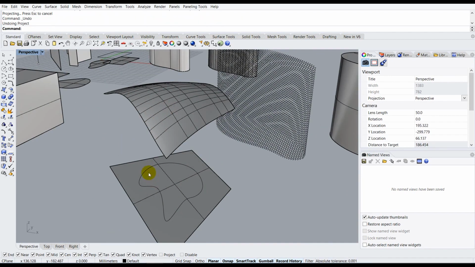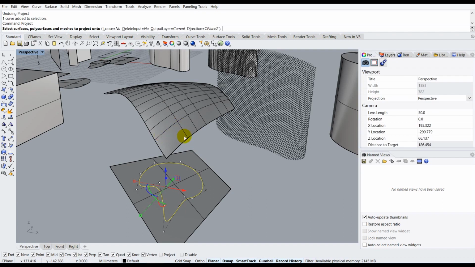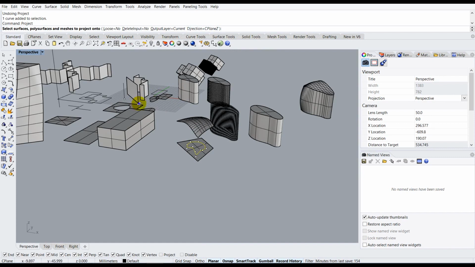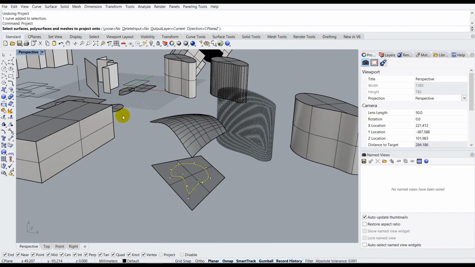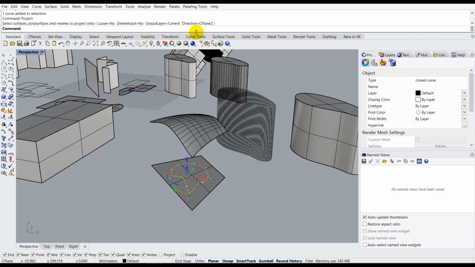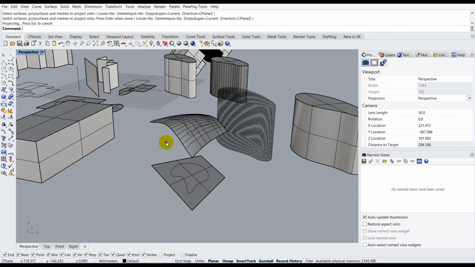Let's take a look at it again to understand some intricacies of it. You can just select the curve and you can type in project. Now before doing anything, you can actually notice over here that before selecting the surface, you have the direction as C plane Z. So the C plane is nothing but your grid, the viewport grid that you have. So by default, the direction is in the Z axis. You can click on direction and you can actually change the direction if you want it to be in the X, Y, or minus X or minus Y axis. So in this case, I am just going to let it be. I can just press enter and select my surface and I can just press enter,